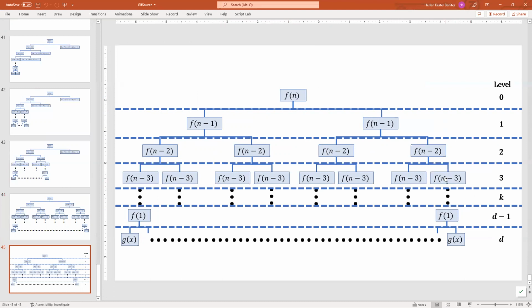So dito sa f of n minus 3 na to, it takes us 1, 2, 3 steps bago makabalik sa root. So ang masasabi natin, it is at level 3. So yung root naman natin or yung starting point natin, it's at level 0. So kahit disregarding mo muna yung mga connections, makikita natin dito, lahat na magkaka-level, pare-pareho yun naman. And we can see actually na nasa level 3 siya. Then we can see any level na nasa gitna is level K. And then dito sa dulo, we use a special term called D or depth as yung ating deepest level sa